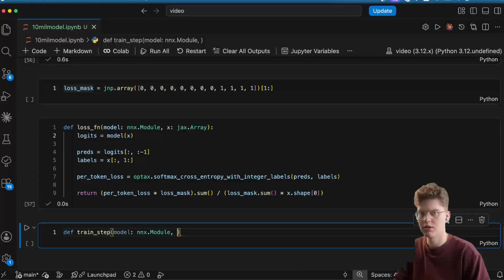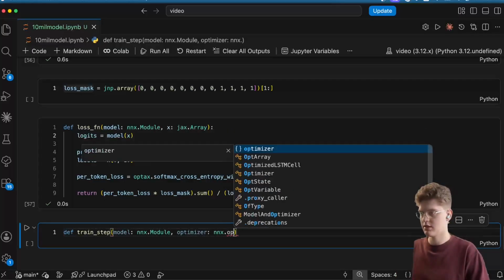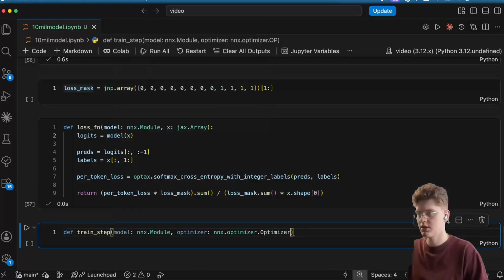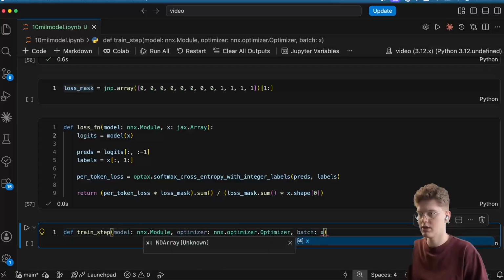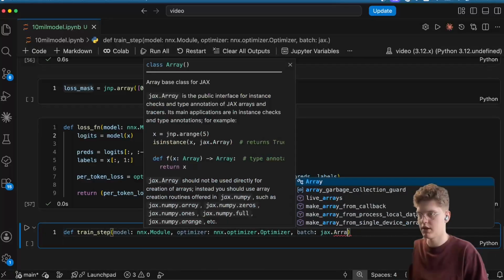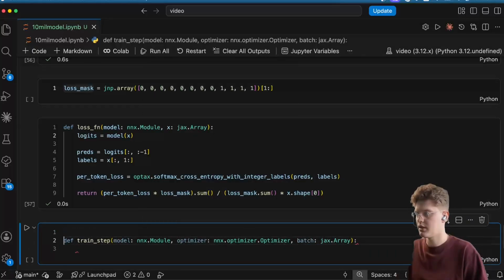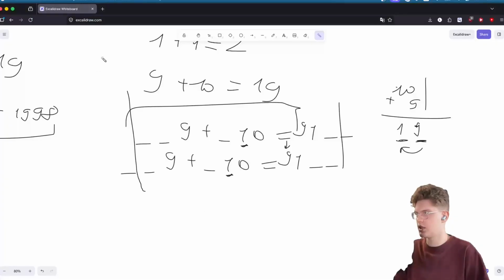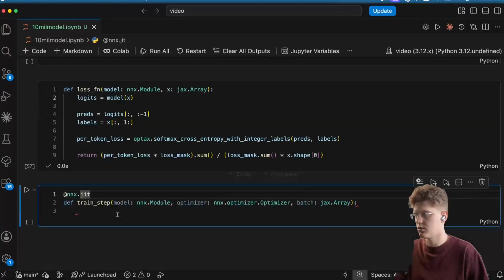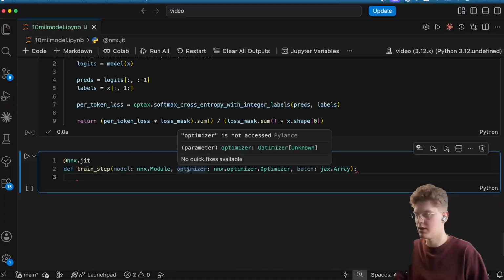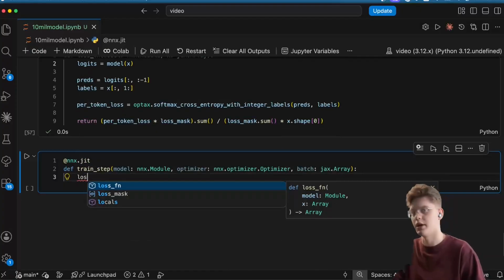So model, optimizer, batch, sorry, checks. Cool. We need to use NNX JIT for this. Read up on what JIT is in the JAX tutorials. I'm going to explain here, but basically it is required for us